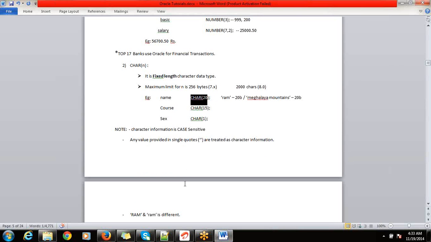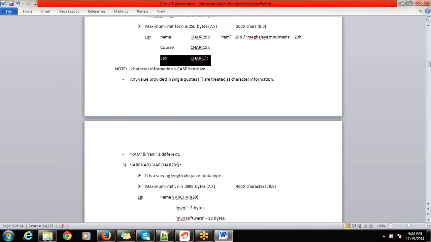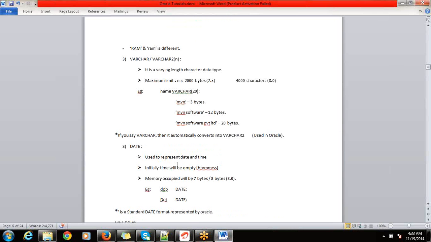Okay. So whenever you know that there will be only a fixed length of characters, for example the gender, sex, when I'm always sure, maybe male or female, M or F, when I'm sure what the value is, I will use char, and when I'm not sure, I will use varchar, right? Right, absolutely. So that you can effectively utilize the memory. Memory is a very precious resource. You have to use it efficiently, wisely.